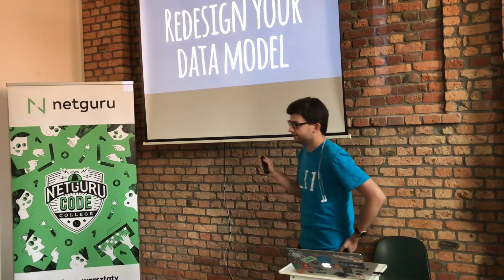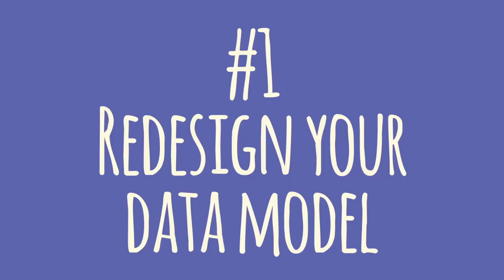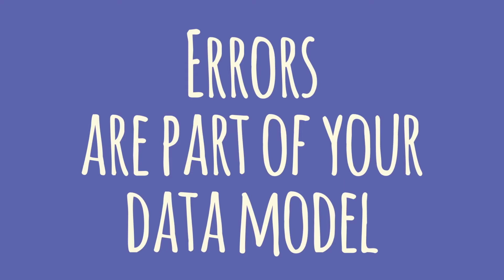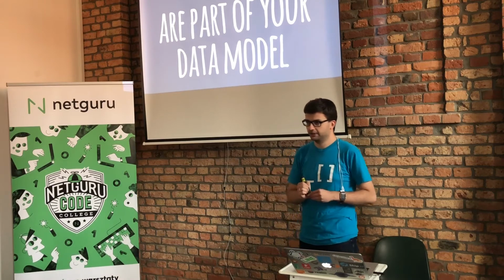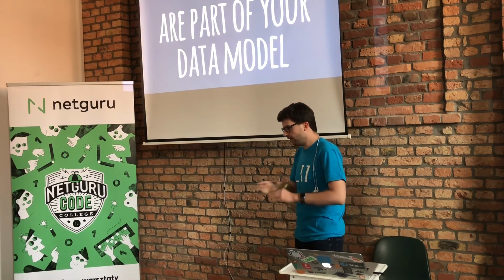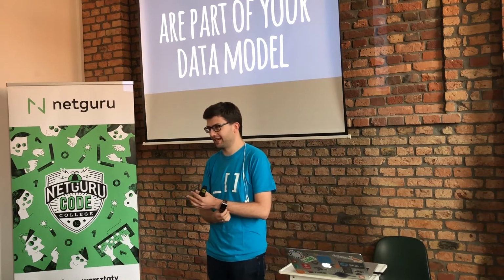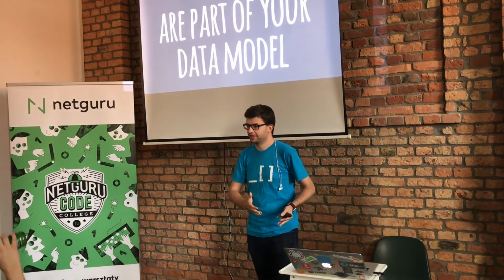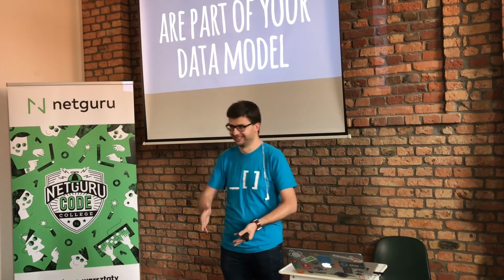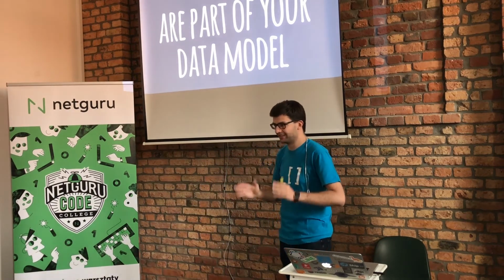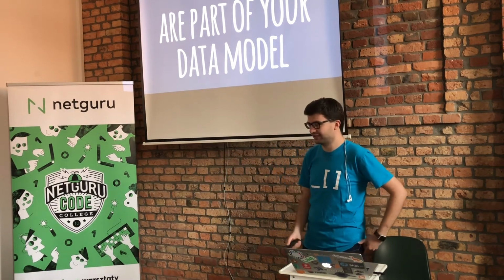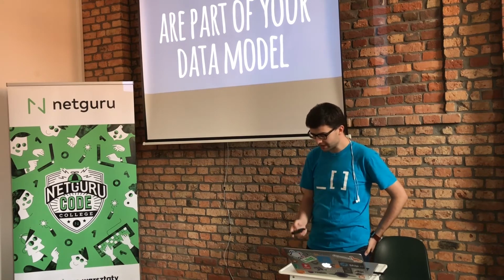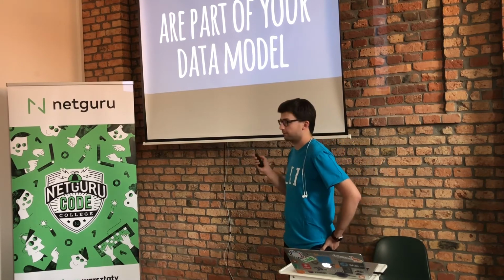First, you can just redesign your model. And by your data model, I mean also your errors, which are part of the data model. So result is so popular in this community, not without reason. A lot of things may fail in the apps, right? Especially the apps that we write, mobile apps that are usually either fetching something from the disk or fetching something from the network and then displaying. The display part is usually the one that will fail the least, but the errors on the fetching side have to be maintained somehow.